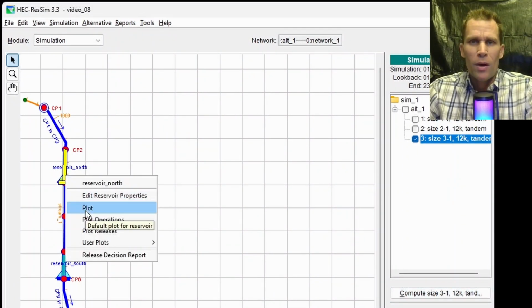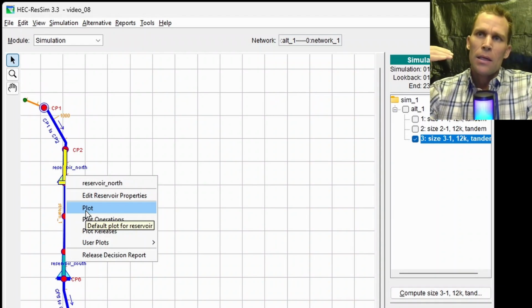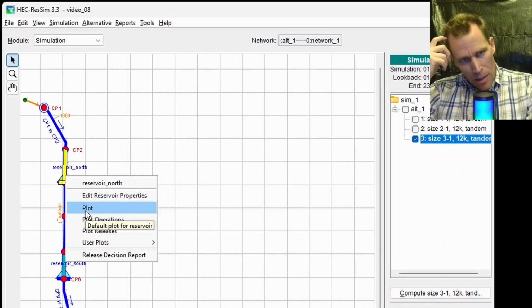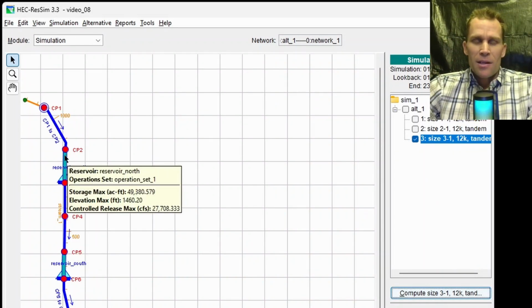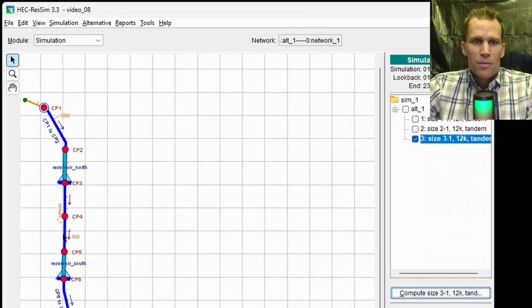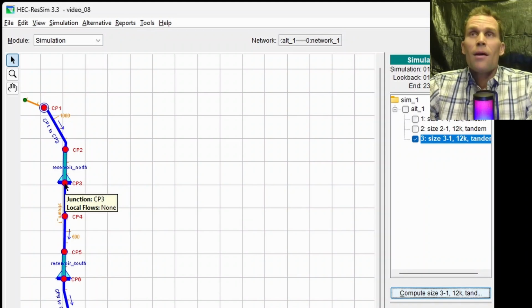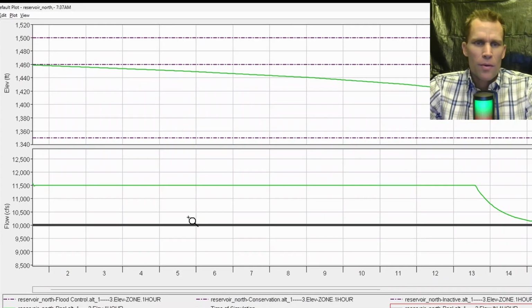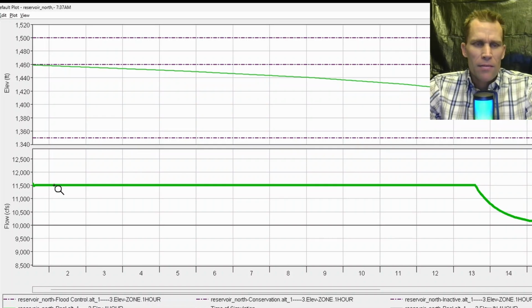Go ahead and think to yourself what's going to happen. We have an inflow of 10,000. We have a downstream requirement of 12,000 between the two reservoirs, and the north reservoir is 3 times the capacity. So as far as storage goes, the ratio would be 1 to 3. So I'm guessing that the outflow at the north reservoir would be 3/4 or 75% of that 2,000 CFS additional requirement. 1150, right? 11,500. Okay, so I've got the north reservoir on the screen here, constant 10,000 inflow, and then 11,500 is the